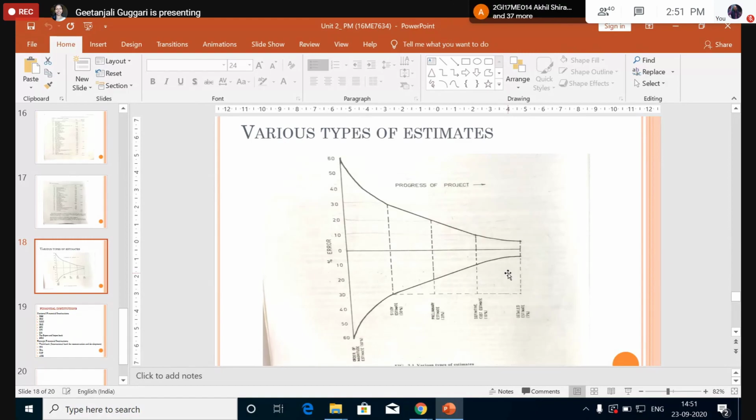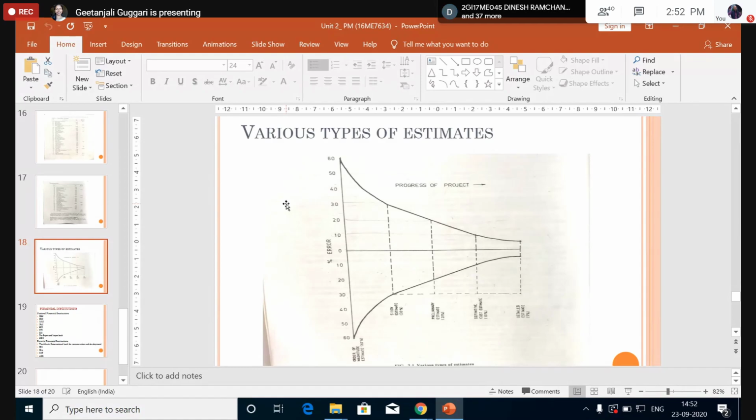These are the different types of cost estimations that we need to analyze and give the report for getting the green signal for our project. We need to calculate accurately, or otherwise our project will run short of budget, or if it is over budgeted, you will not be able to proceed with your project. So the cost estimation is a very, very important part to analyze the feasibility and economic viability of the project with all these types of estimates.